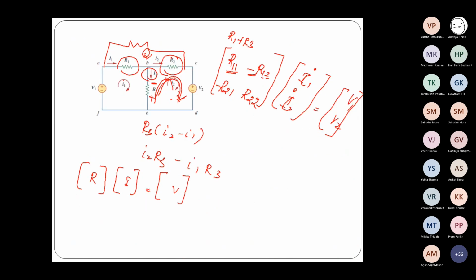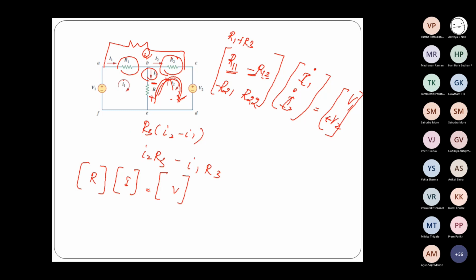Okay, so now while writing the voltage value, if suppose I have only one voltage source, then I can consider only that voltage source and write the constant value over here. But we have to note down how the current direction is. That is, we always go for clockwise direction. So for loop 1, it's a rise, so we write it as plus V1. Whereas for loop 2, as per the clockwise current direction, it is a drop, so we write it as minus V2.